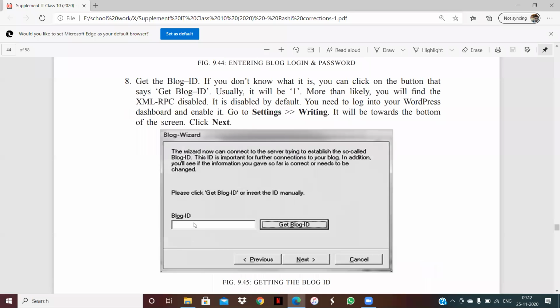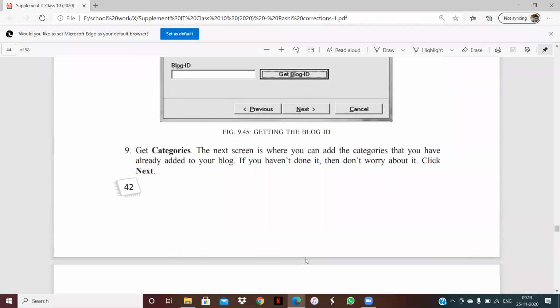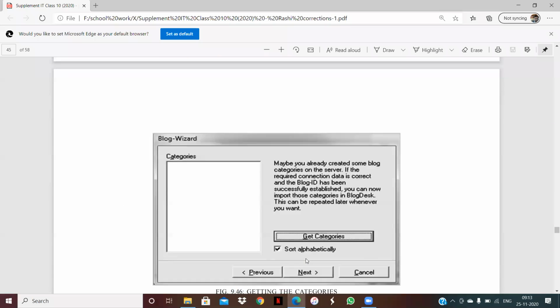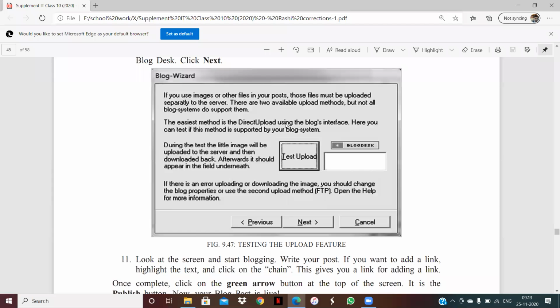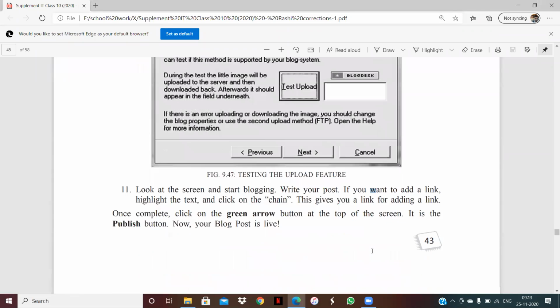Paste that blog ID here and again click on next. After that, it will show you the categories, on which category you want to create your blog, and then again click on next. In this way, you can create your offline blog.